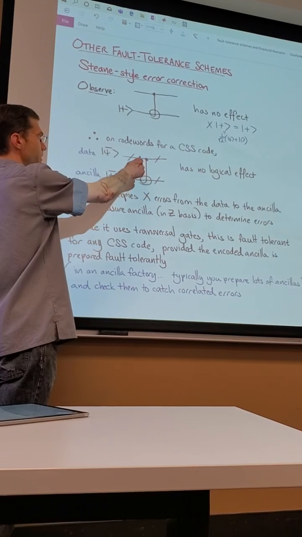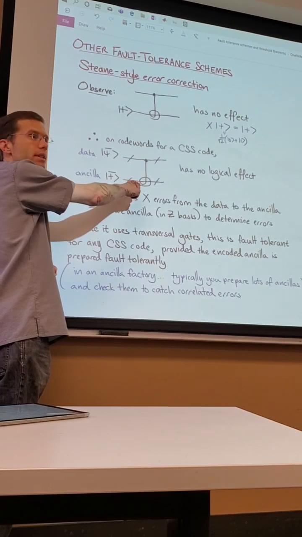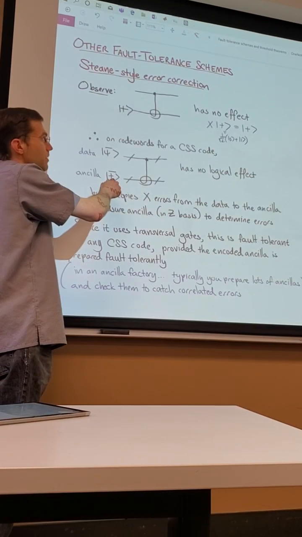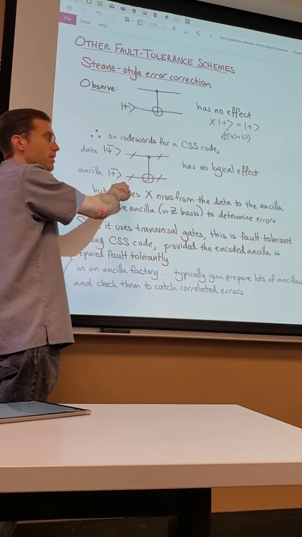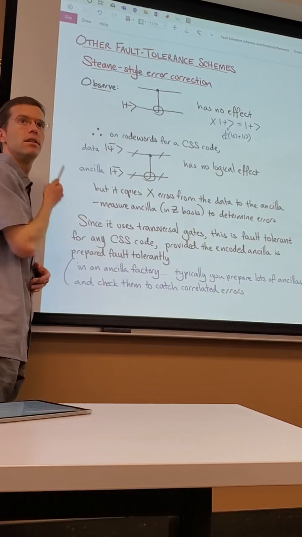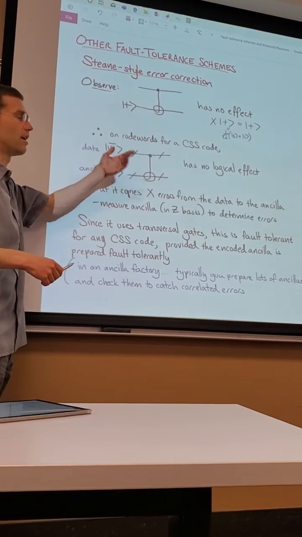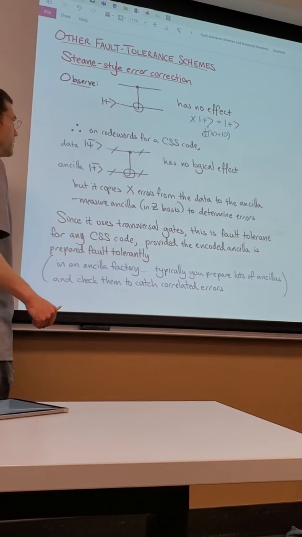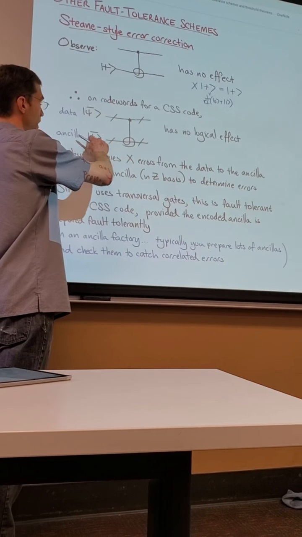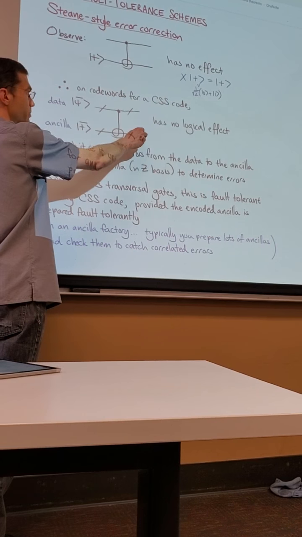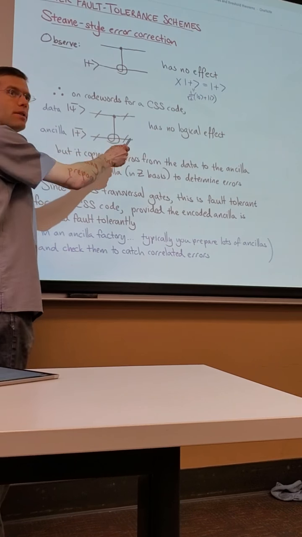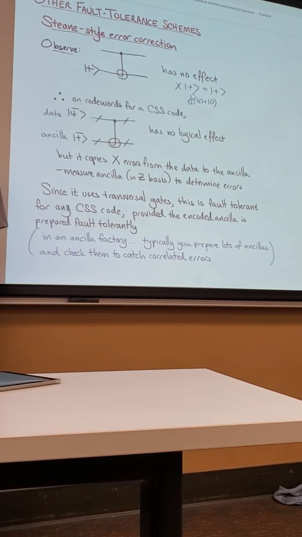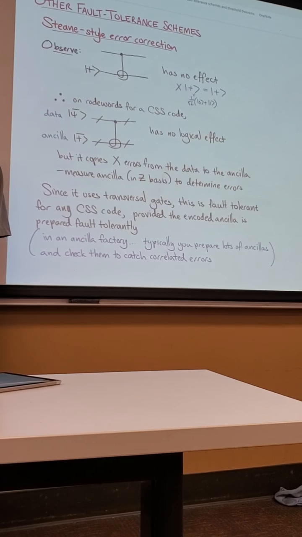because of this. So there's no point of doing this, but in fact there is a point, because when we do these transversal CNOT gates, it copies X errors down. And so what that means is you can measure this ancilla destructively in the Z basis and figure out what the errors are on the ancilla, and then you can use that to correct the data, because the errors on the data have been copied onto the ancilla. So after the X errors have been copied down, you're going to measure the ancilla transversally in the Z basis, and that will get you all of the Z stabilizers. It'll get you the syndromes ±1 for all of the Z stabilizers,